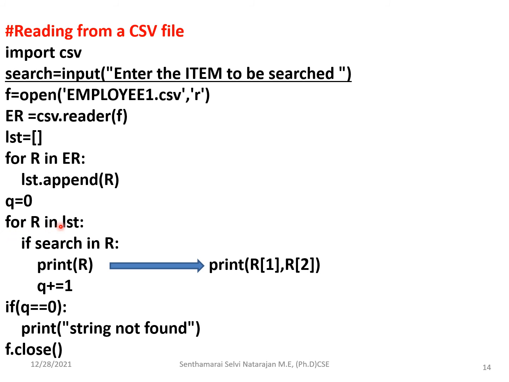And then it will be listing the values in that record. So for r in lst, in this list, if the search is in r, it may be either the number or the name or the department. You can search for any of the fields. So here we are getting the search field from the user. So it will be searching according to that value. Print r means it will be printing the entire fields. If you have 3 fields, all the 3 fields will be printed.